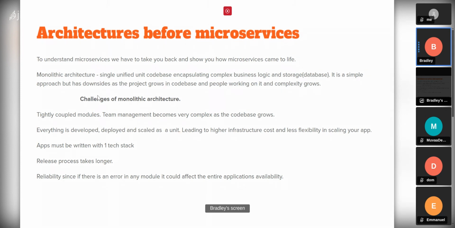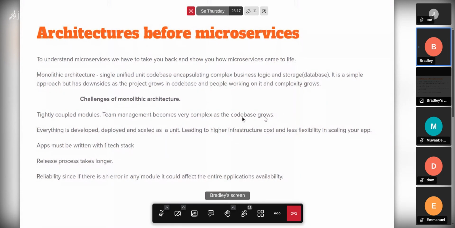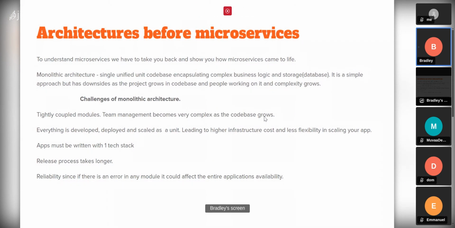It also becomes a problem because you have a huge code base and you're replicating instances of the entire code base. It eats up your server space and all your resources, and it becomes costly to scale your application when a lot of users are accessing it at the same time.